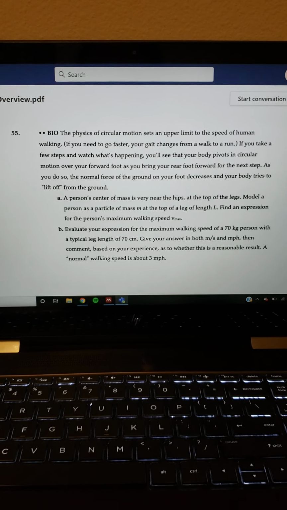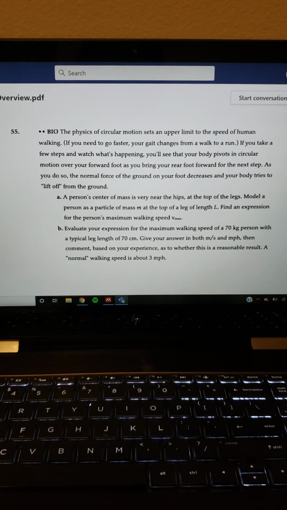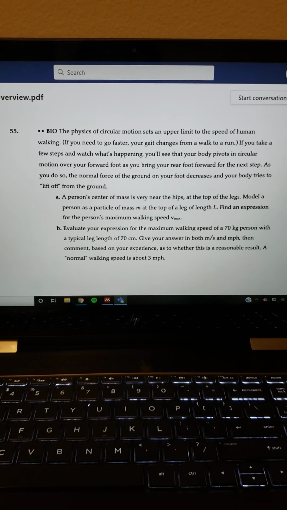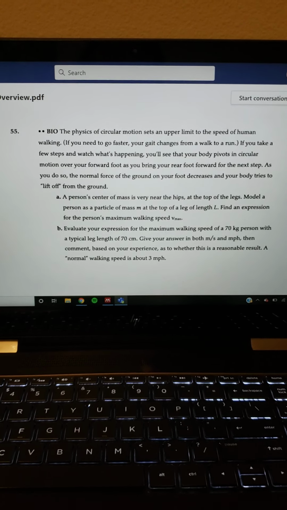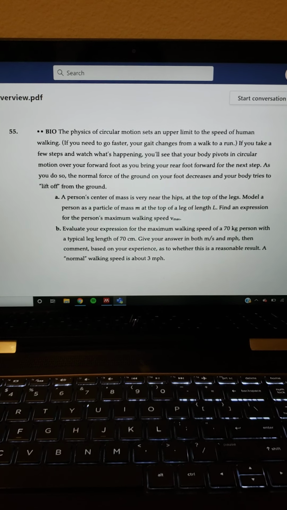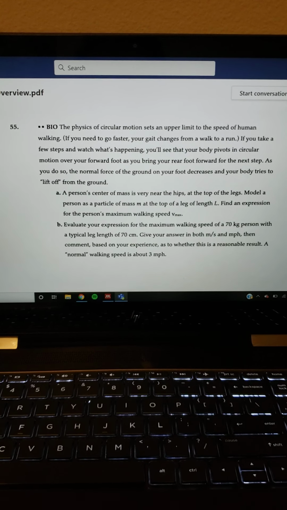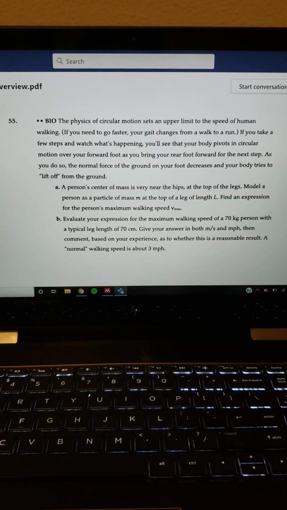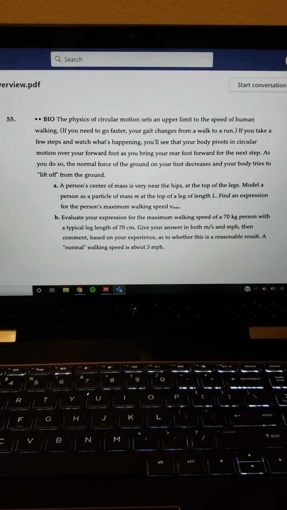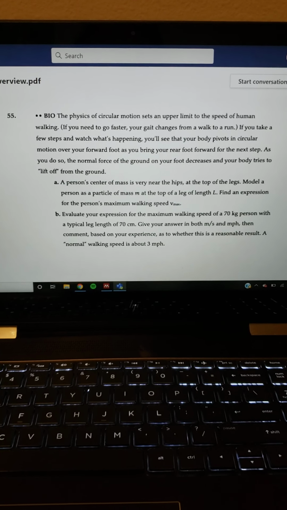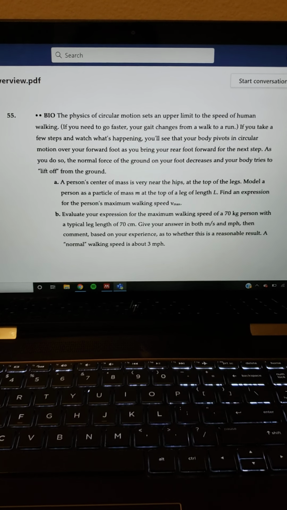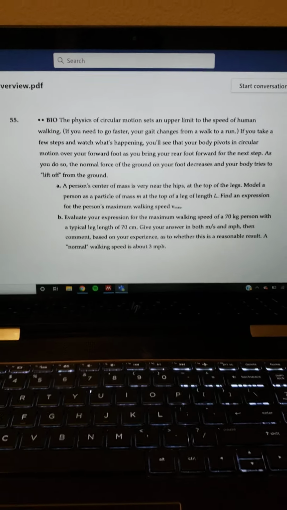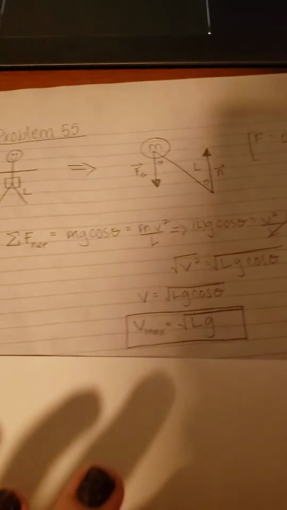and your body tries to lift off from the ground. So for part A, with this information, they want to know: a person's center of mass is very near the hips, at the top of the legs, and they want us to model a person as a particle of mass at the top of a leg of length L. They want us to find an expression for the person's maximum walking speed, or velocity maximum. So, starting with part A,